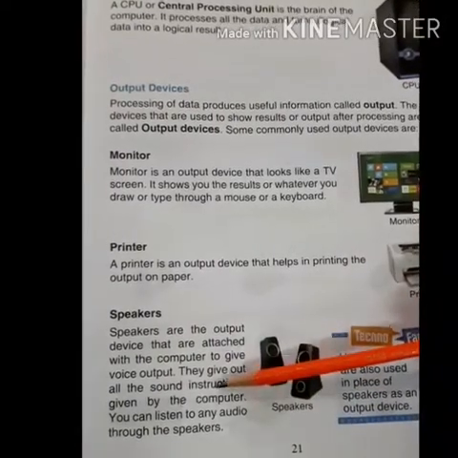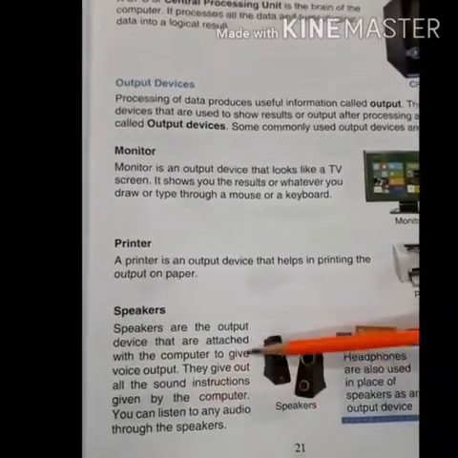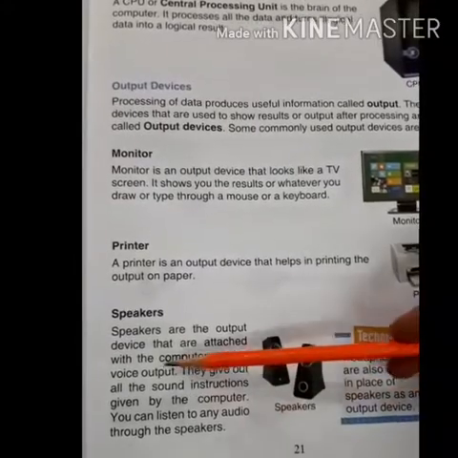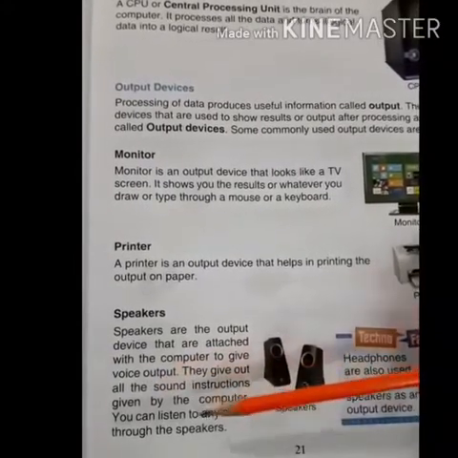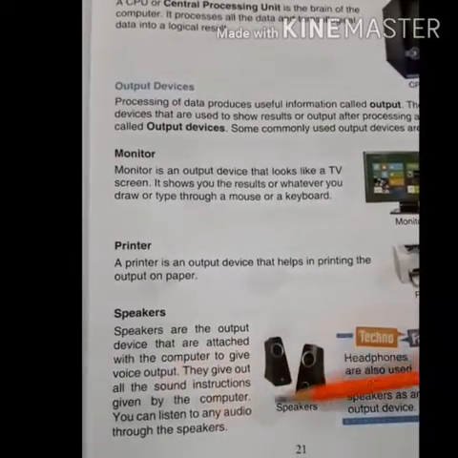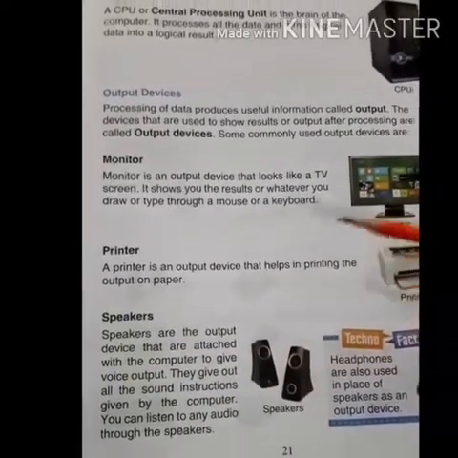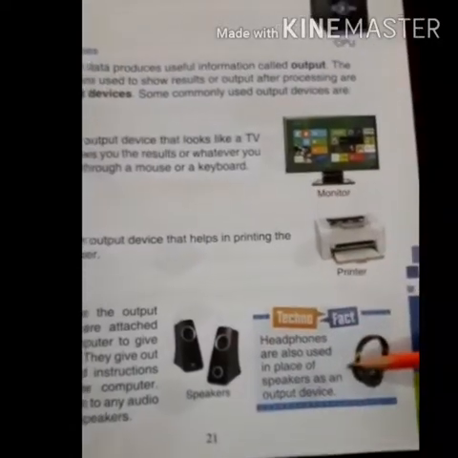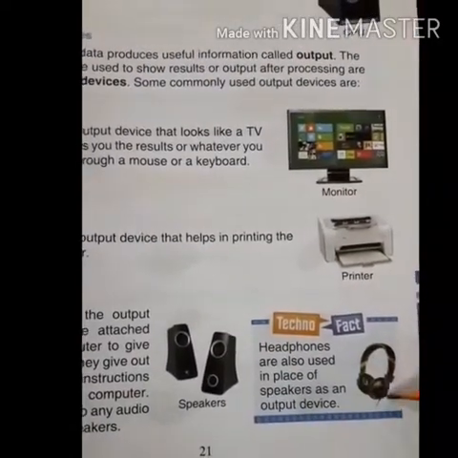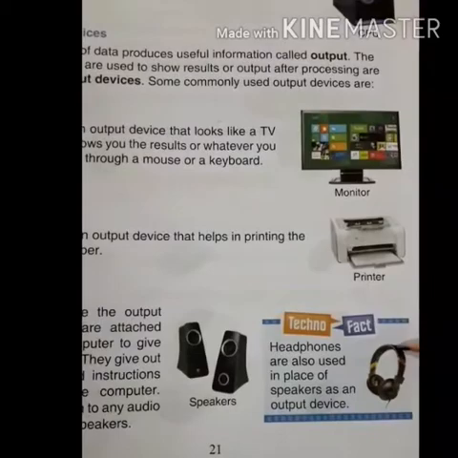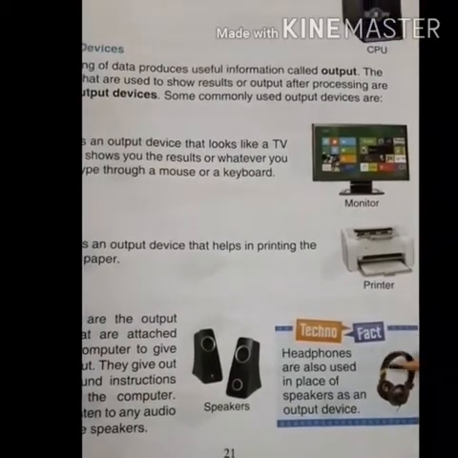When you give instructions to the computer, it gives you the output in the form of voice, and you can listen to that audio through the speakers. Similarly, they are showing you that you can also use headphones to hear the voice as the output.